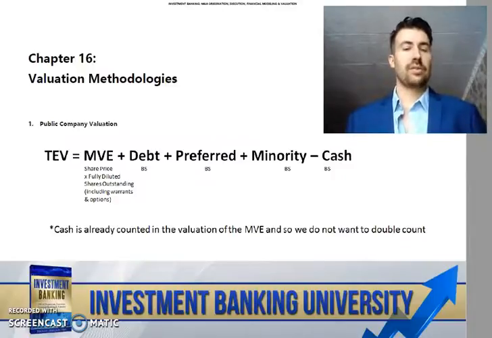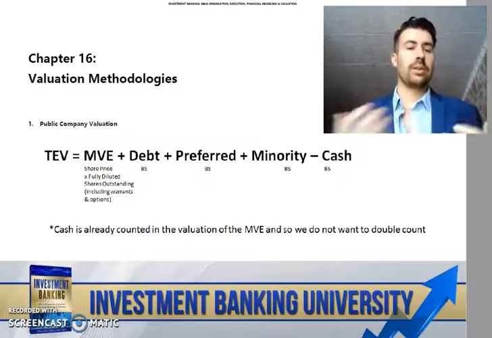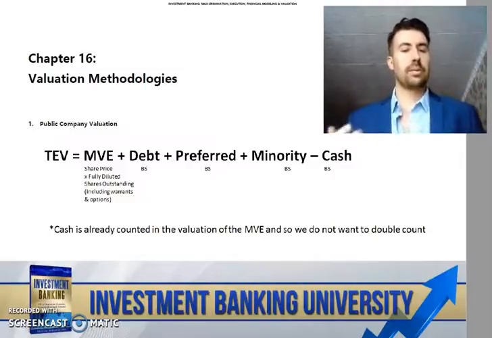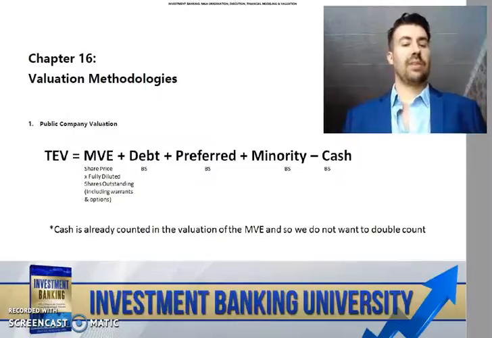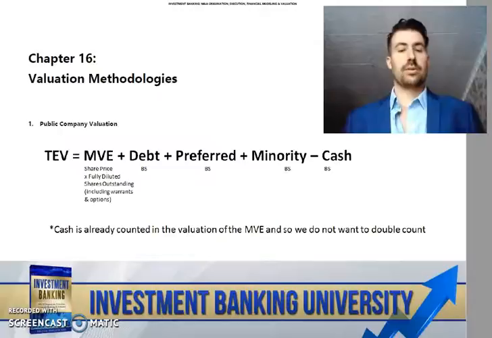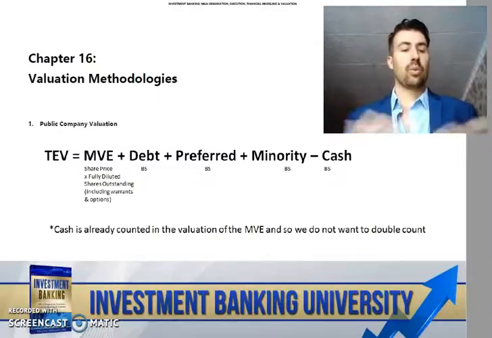This is, of course, the first side of the perpetuity that we're discussing, the buy side, and we're continuing on with valuation methodologies. So the first valuation methodology is for a public company, and we do so with the formula TEV, standing for Total Enterprise Value, is equal to the market value of equity plus debt plus preferred plus minority interest minus cash. With the market value of equity, we're taking the share price times the fully diluted shares outstanding,